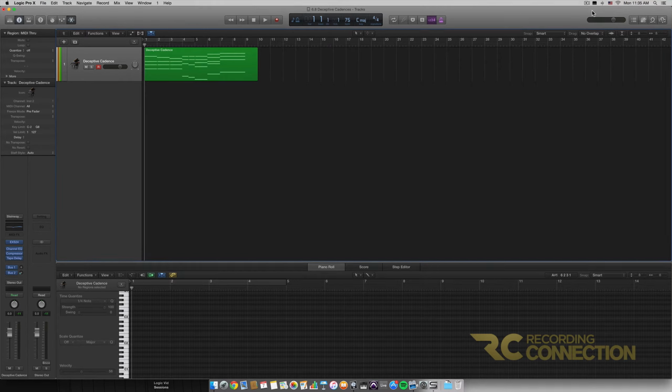G dominant seventh, what they typically could have done is resolve this chord to C, which is the home base, because G is the 5 of the key of C. And they're kind of setting it up that way because they have a G dominant seventh chord. So typically what they could have done is resolve it. Let's do that real quick. I'm going to put